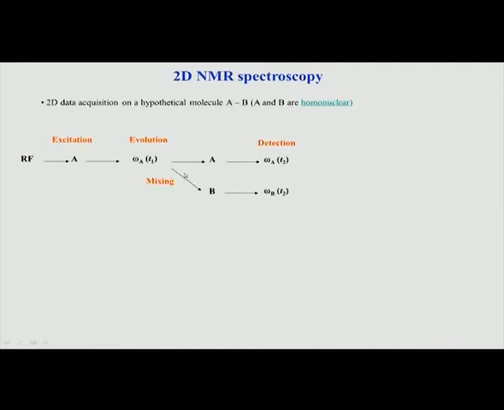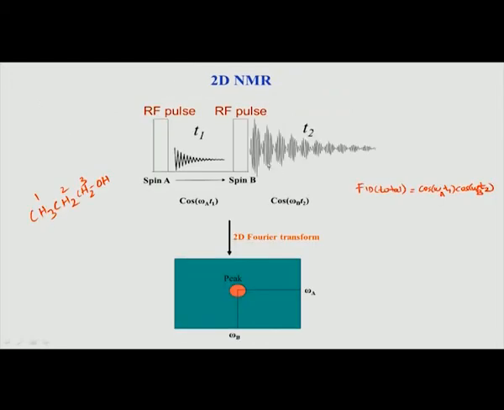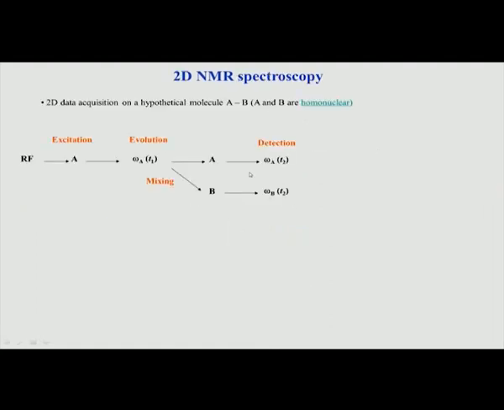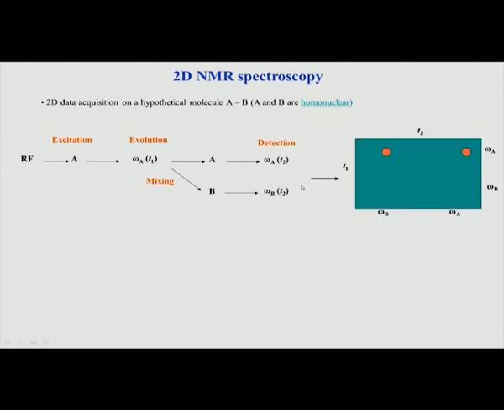So, this is basically what is shown here. A has kept something with its own, it could not transfer completely to B, and now I apply the second pulse. Let us go back to this picture. The second pulse is going to be applied on both A and B, because as I said we do not consider A and B as separate, we call all of them hydrogens. So, the pulse is applied to all of them at the same time. When that happens, if I do a Fourier transform, I will get 2 peaks instead of 1.